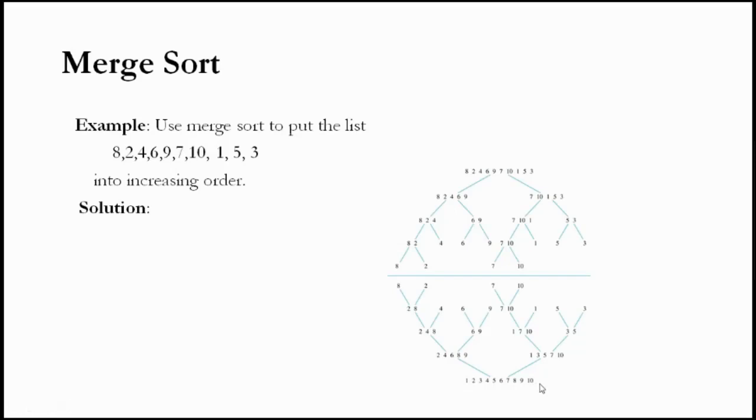The reason is it will divide into halves of 2 power n elements in each half. So if you apply logarithm on both sides, it will become n log n. So finally, the time complexity will become order of n log n. Merge sort is the only sort that will give you the complexity of order of n log n in the best case, worst case, and also in the average case.